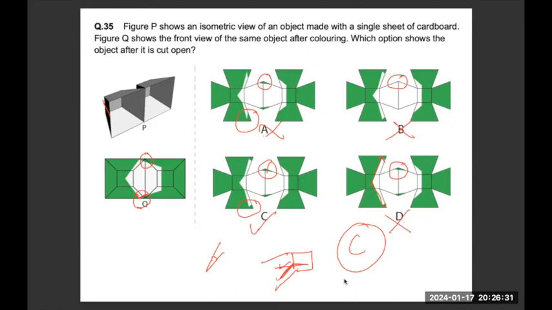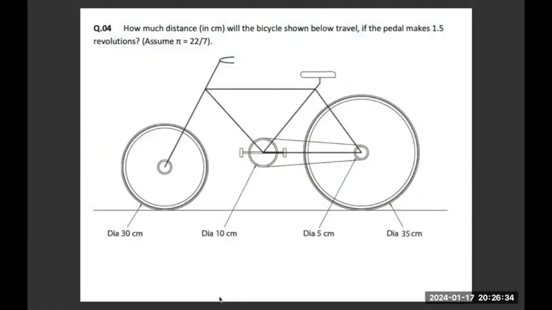How much distance will the bicycle shown below travel if a pedal makes 1.5 revolutions? Now the pedal is making 1.5 revolutions. The diameter is 10. This pedal is connected to another gear with a diameter of 5 centimeter. It is almost double. If this is making 1.5 revolutions, the revolution made by the smaller circle, because the diameter is half,